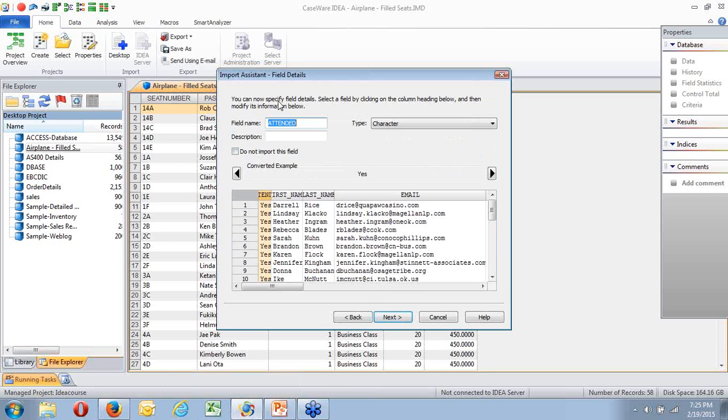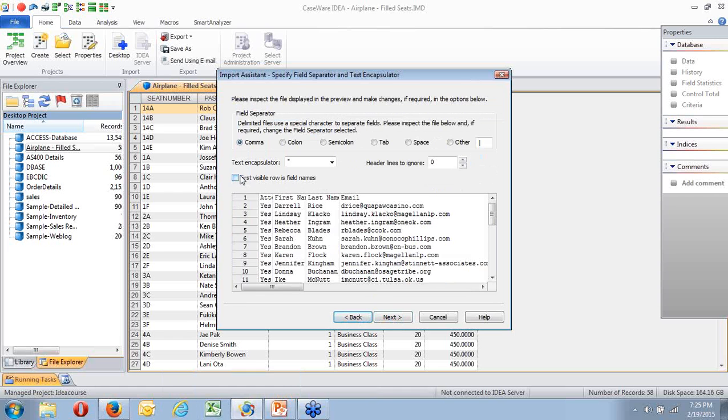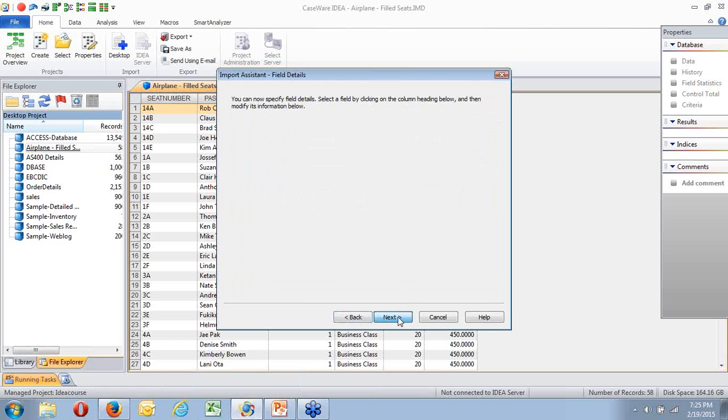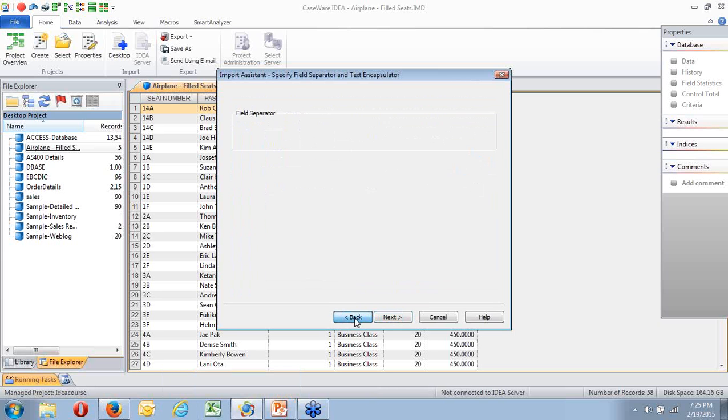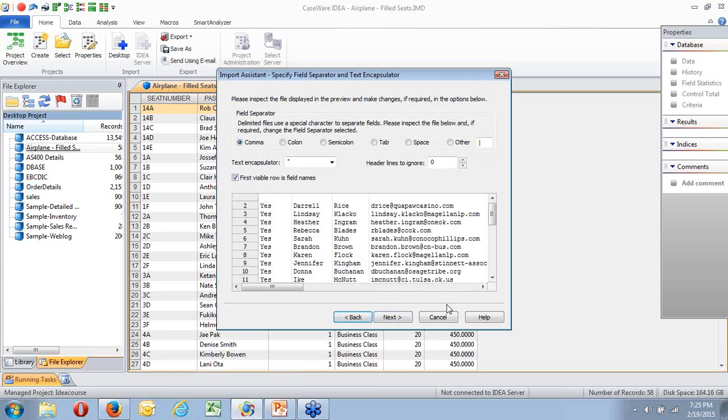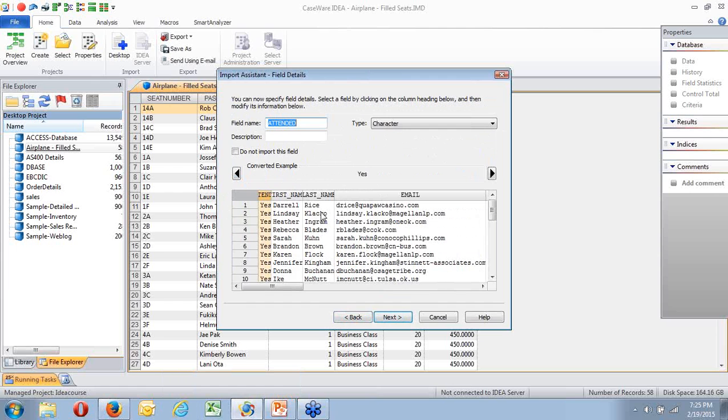Next. And now again I can go in and say attended. I can create those field names. Or I can take that out and say next. And there they are there. So I want the first visible row as the field names, and now I will put in the field names.